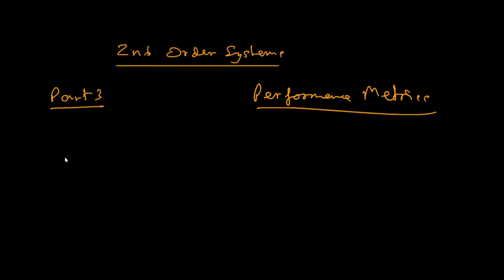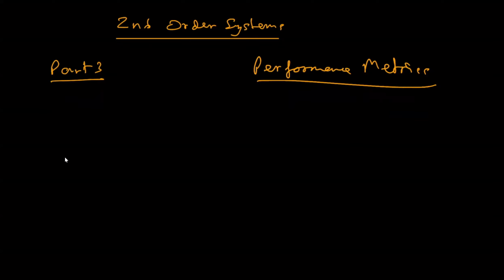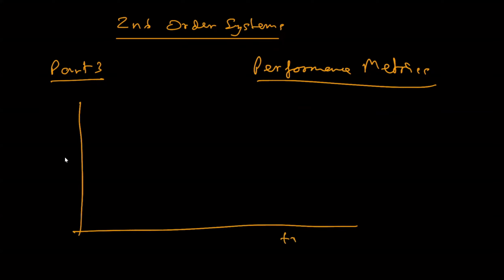Now, you remember from first order systems, we had things like the rise time. Well, second order systems also have their own metrics as well, some of which overlap with first order systems. So what I'm going to do here, I'm going to draw this diagram. So this is going to be time, and that's going to be the response. And then I'm going to draw